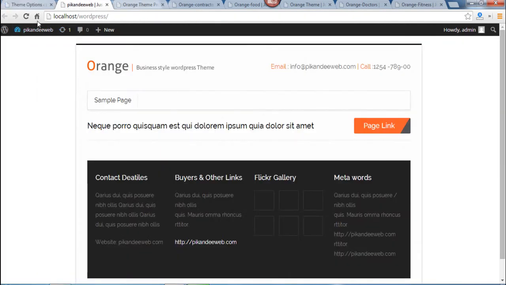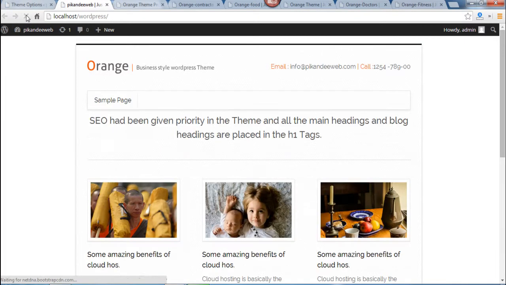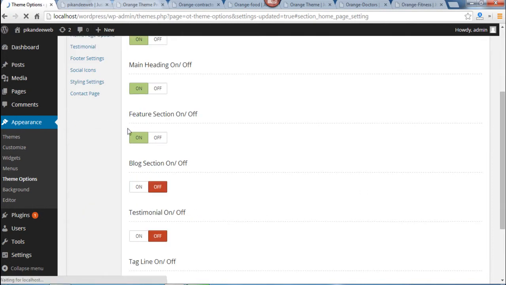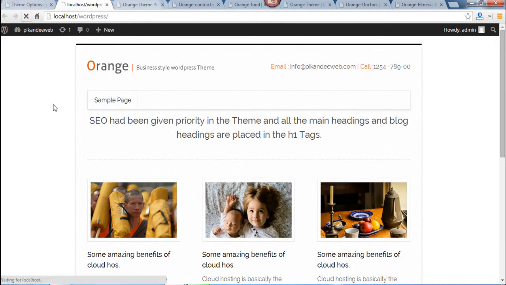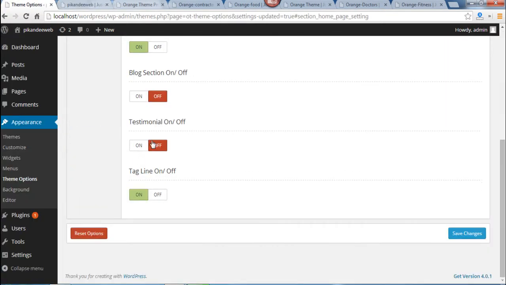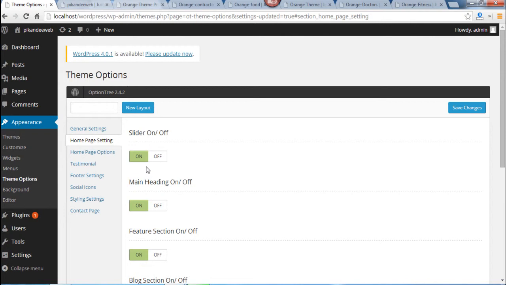Now you can see, reload the page. Wow, this is the Orange theme. Just save changes and magic. So this is a very important homepage setting area.